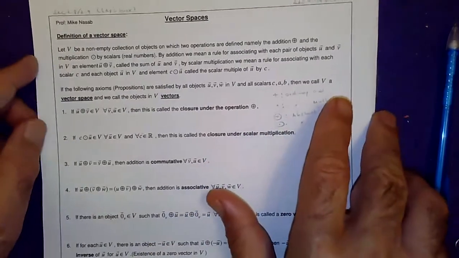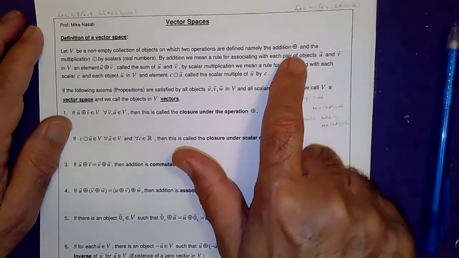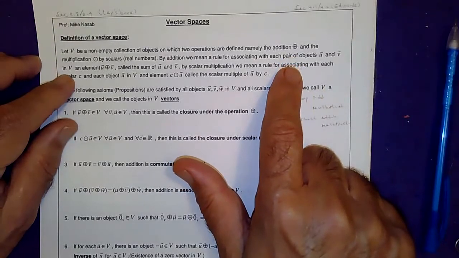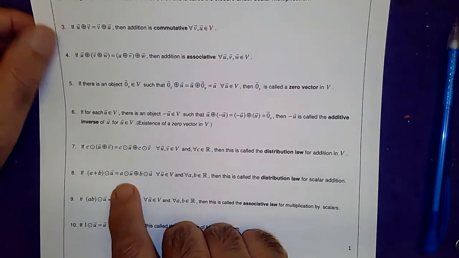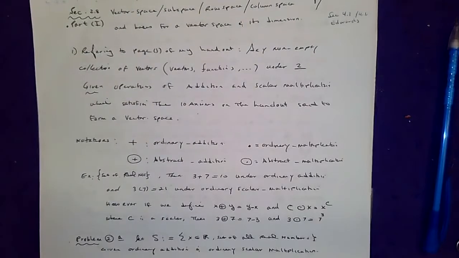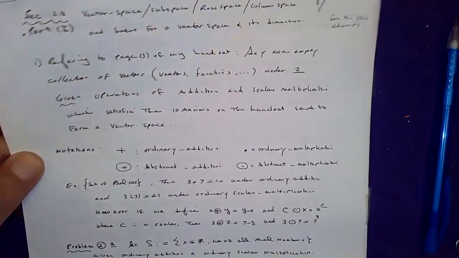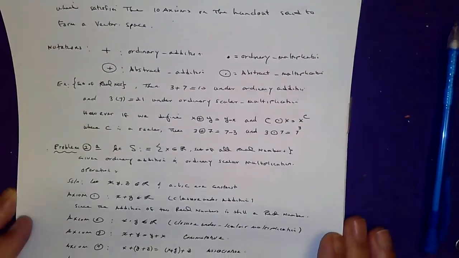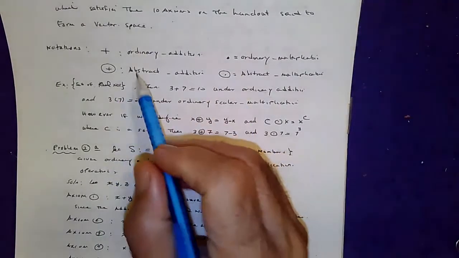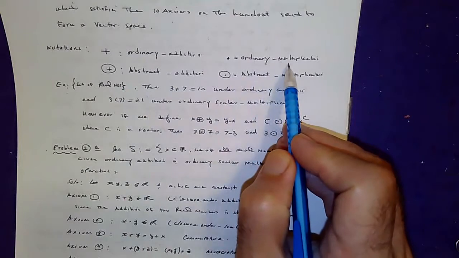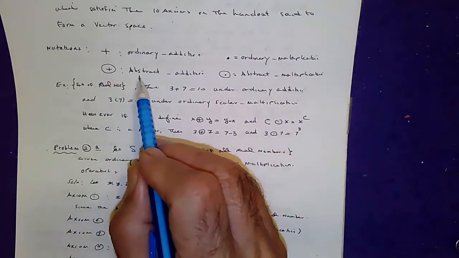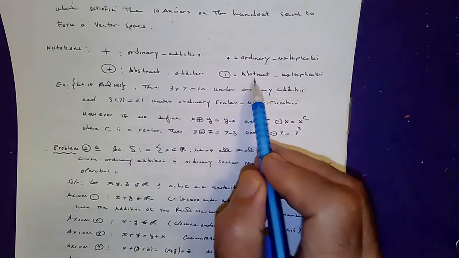So the bottom line is, in order to prove a set given two operations, namely addition and scalar multiplication, forms a vector space, we have to satisfy the following 10 conditions or axioms. So with that in mind, let's see if we can go over a couple of examples. Keep in mind, plus is ordinary addition, dot is ordinary multiplication, but a plus with a circle is abstract, and a dot with a circle is abstract